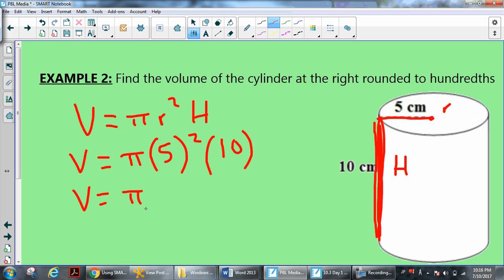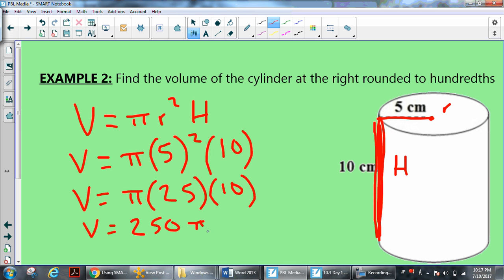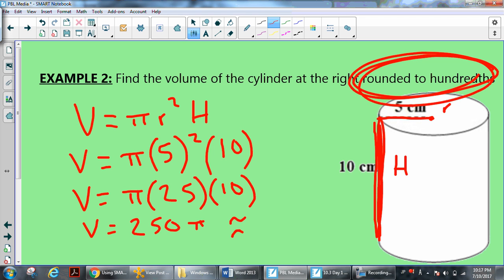So if we think about 5 squared, that's like 5 times 5, which would give us 25 times 10. So I'm going to move this number out in front. 25 times 10 is 250 pi. If I was asking for an exact answer, that would be fine, but the directions said that we want to round to hundredths. So if we type this in our calculator, it'll be approximately